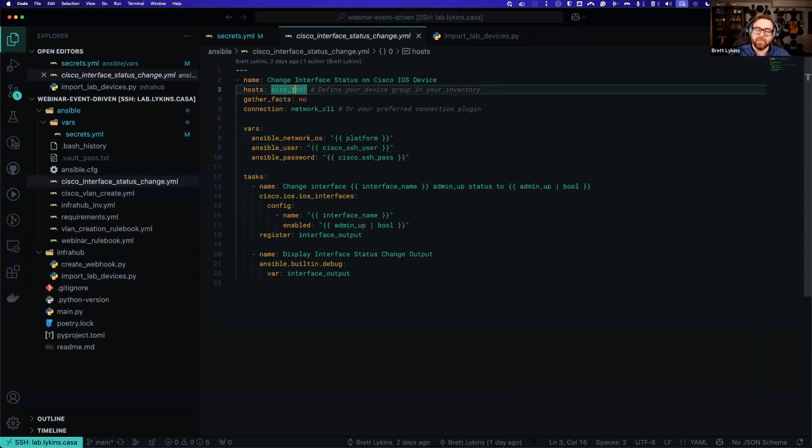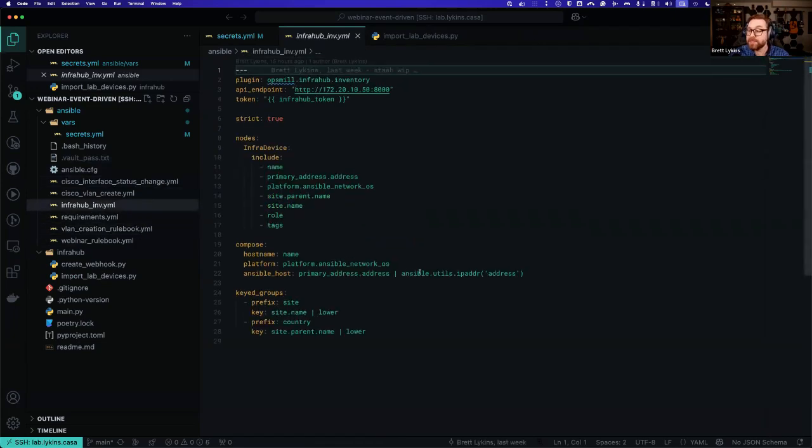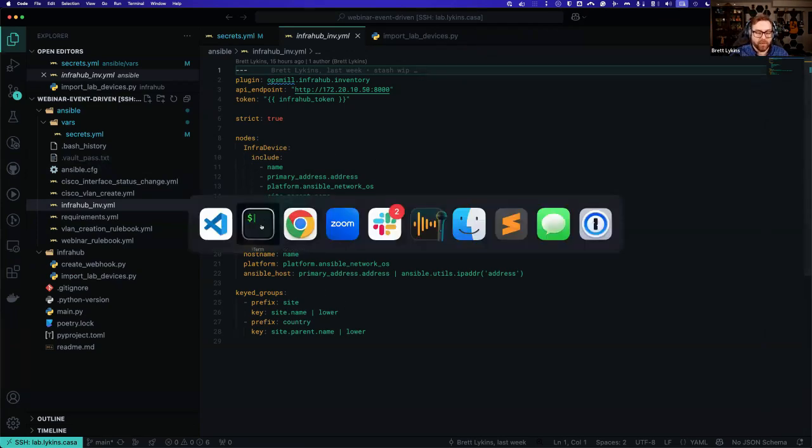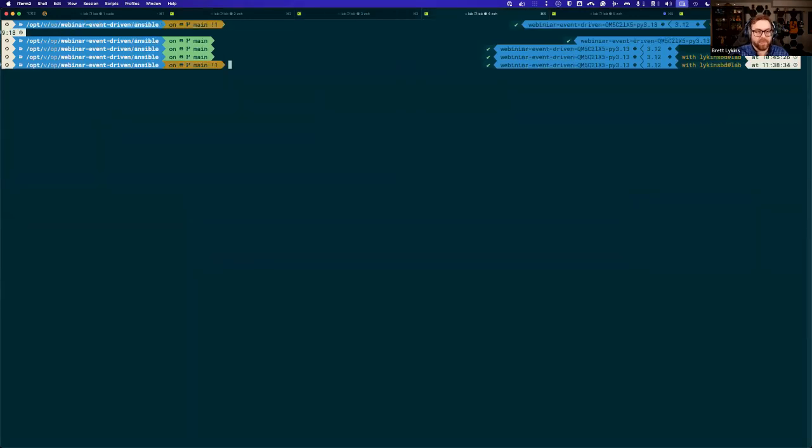One of the things we look at is, how does it know what this is? Well, that's where we're using Infrahub as the inventory source, and we start to get to that integration. So I don't have to define a static host file in Ansible. I can just tell it about the environment here, and it can get the data out of the system, the things that I just put in, and turn that into something Ansible can use. If I go look now, move over to the right directory,